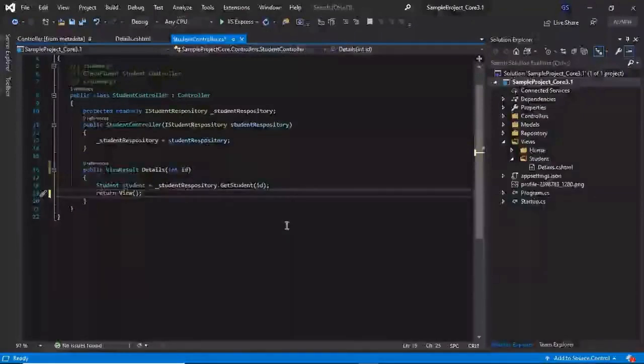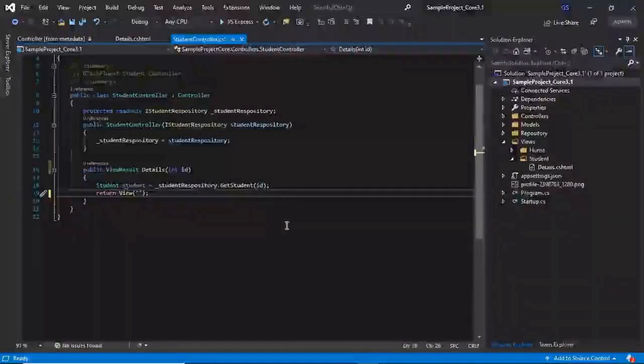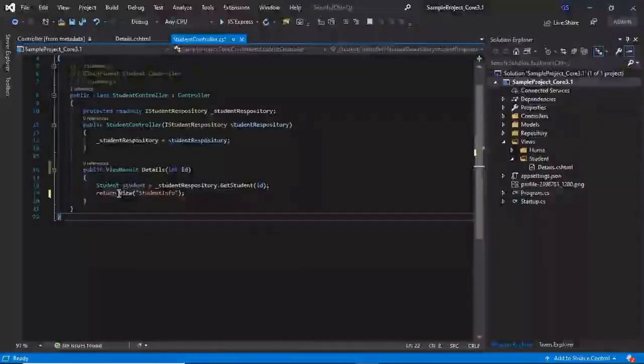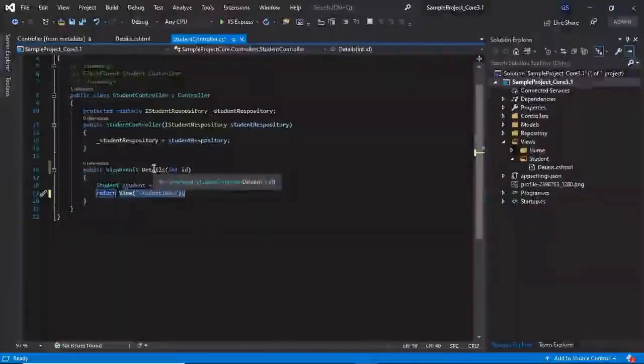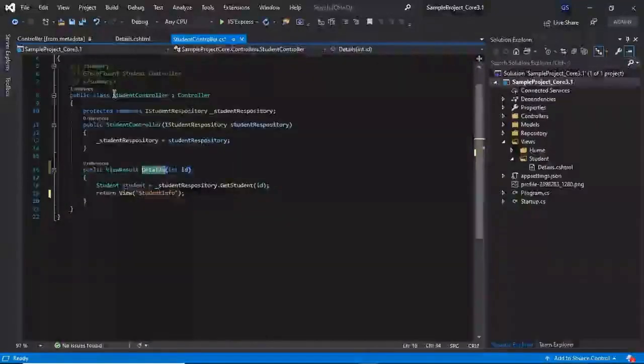Now, suppose you want to return a view which is not similar to your action name, so we can use the return View with the view name method. From this Details action, we will return the StudentInfo view instead of the Details view. Now this return View with the view name method returns the view and it looks for the given view name instead of the action name in the Student folder.